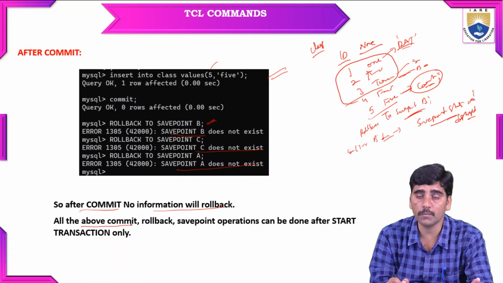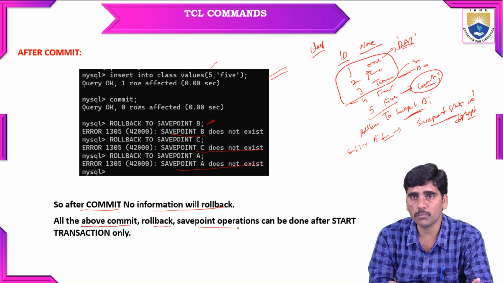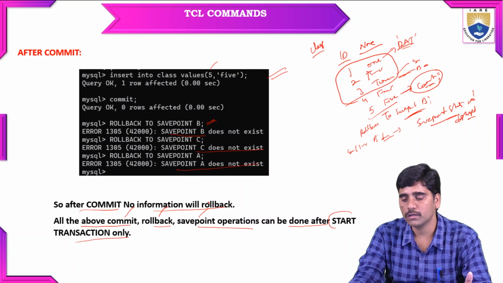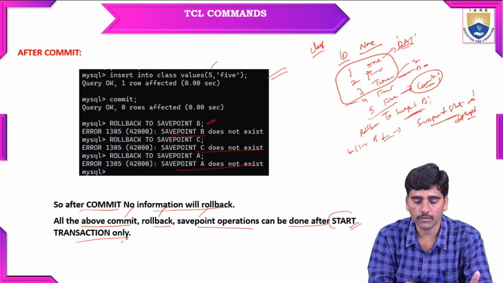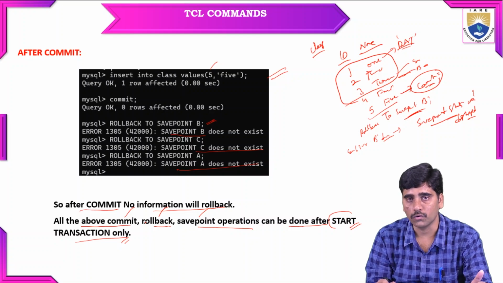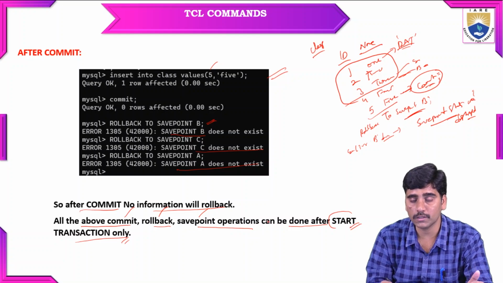So all the above commit, rollback, save point operations can be done after start transaction only. So all commit, rollback, save point commands will work only during a transaction, after starting your transaction. Before starting the transaction or after the transaction, you are not able to perform these commit, rollback, save point operations. So